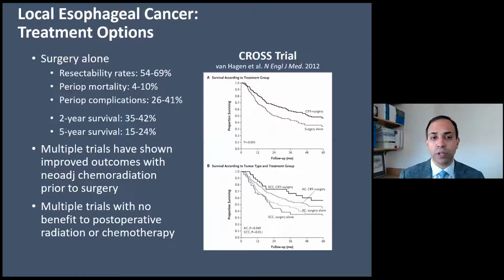The 2-year overall survival seen with surgery alone is less than 50%, and the 5-year overall survival is less than 25%. Multiple trials have shown improved outcomes with neoadjuvant chemoradiation, with treatment prior to surgery. The landmark CROSS trial randomized patients to undergo surgery alone or to undergo surgery after neoadjuvant chemoradiation with carboplatin and paclitaxel. In this trial, a significant improvement in overall survival was seen in those patients who had neoadjuvant chemoradiation prior